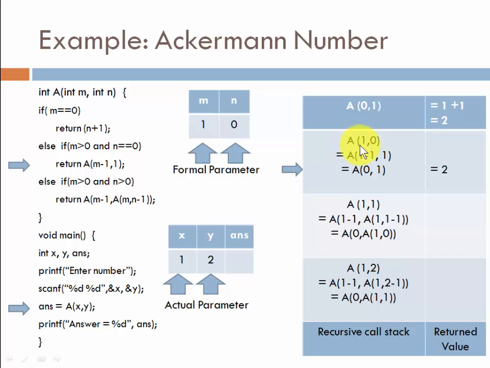We have value for a of 1 0. So this value, because m is equal to 0, so it will return the value of the first case, that is n plus 1. Value of n is equal to 2. It will replace that value because m is equal to 0. This value will be the value of the first case, that is n plus 1. Value of n is equal to 2. So 2 plus 1, that is recursive call stack.